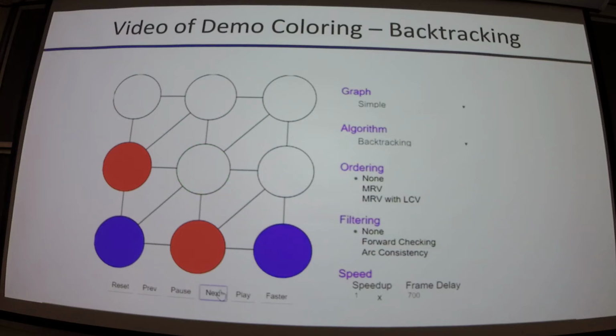Okay, so we remove that one. What's left in its domain? Nothing, right? Green was the only option there. So what do we do? Well, we keep backtracking. So we remove our red assignment there, and then we assign it green. However, green, it flashed really quickly, but green had the same problem here with this middle node. So it's no good. So we're going to continue back.